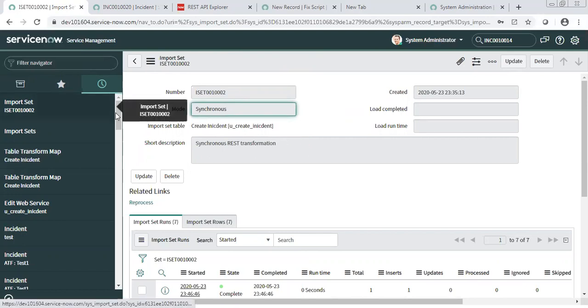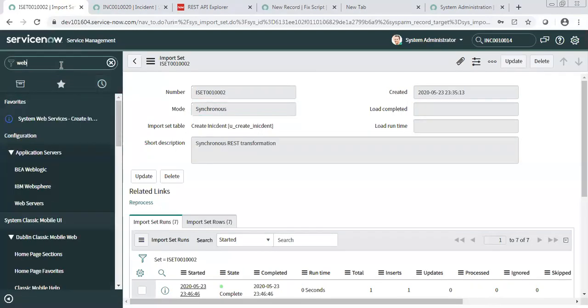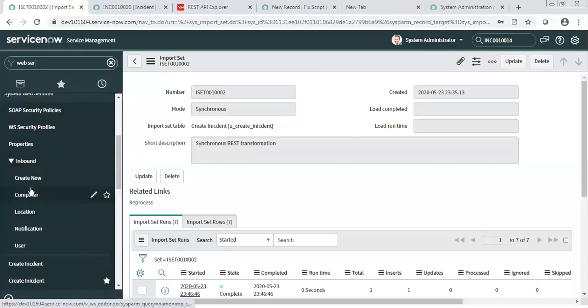That's why in integration you always need to go to web services and create it from there, instead of a normal import set table, so it would be synchronous and the data could automatically transform. Got it. Okay.